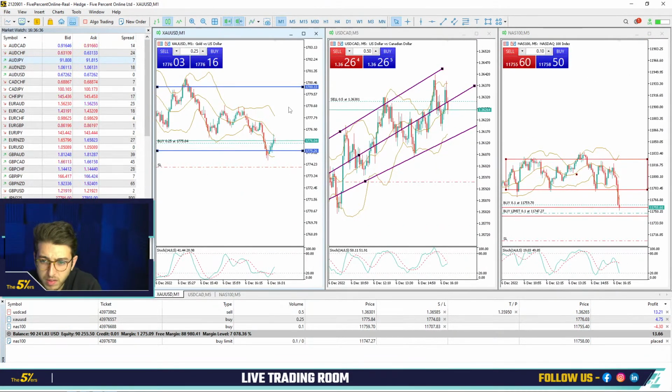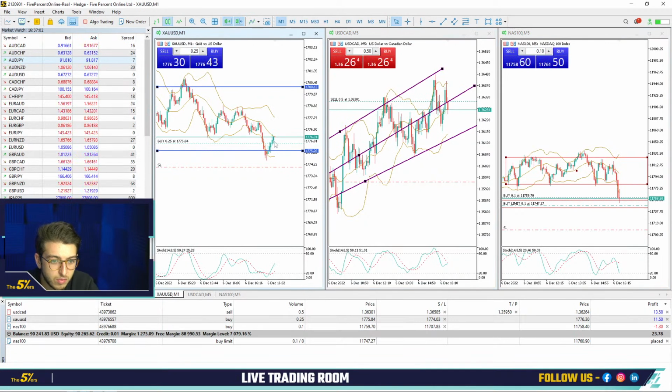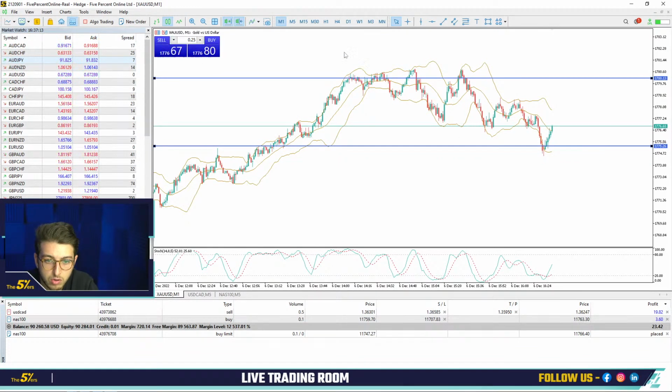I'm sorry guys, I'm a little bit focused here. We have some volatility after the opening in the Nasdaq, let's say in the US indices. So you see I opened half of my position a little bit above the demand in case the market does not go to my second entry, which you see the buy limit is here. So I'm 50% exposed already in the Nasdaq. Gold is starting to go my way, just the beginning of the movement. Dollar CAD, we are still going my way also. So in the scalp, I will exit the gold after we made this reaction. So I just closed gold.